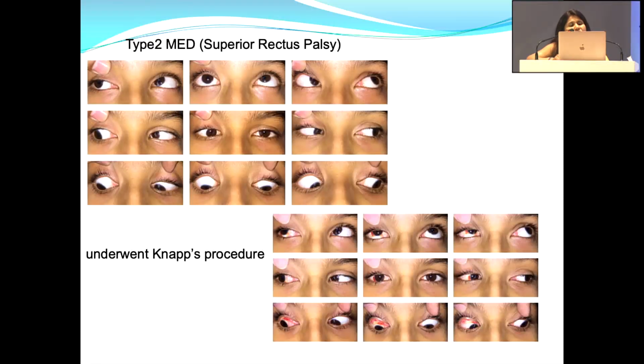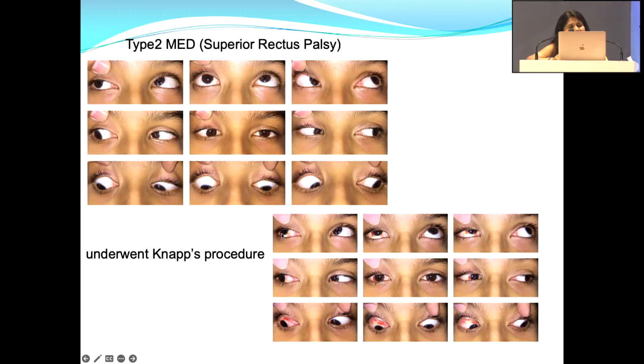This is a case of type 2 MED, which is primarily a superior rectus palsy associated with very, very poor elevation, as you can see in this case. The patient underwent the NAPS procedure and had a good alignment in primary gaze,